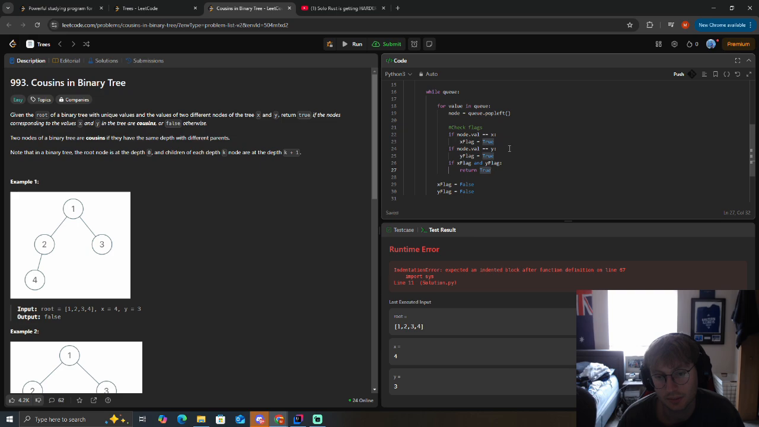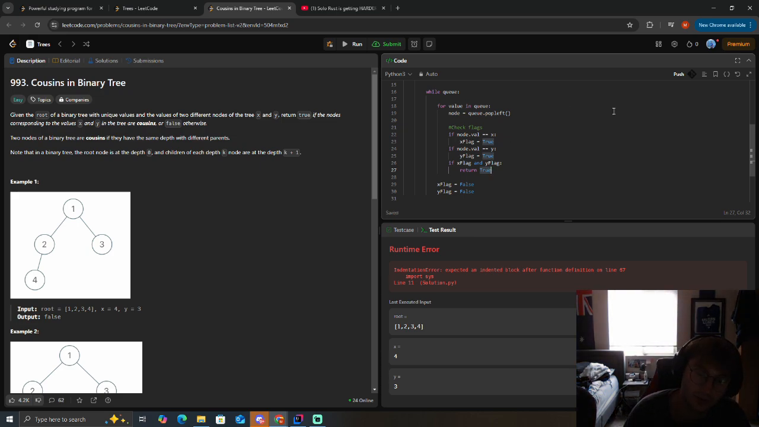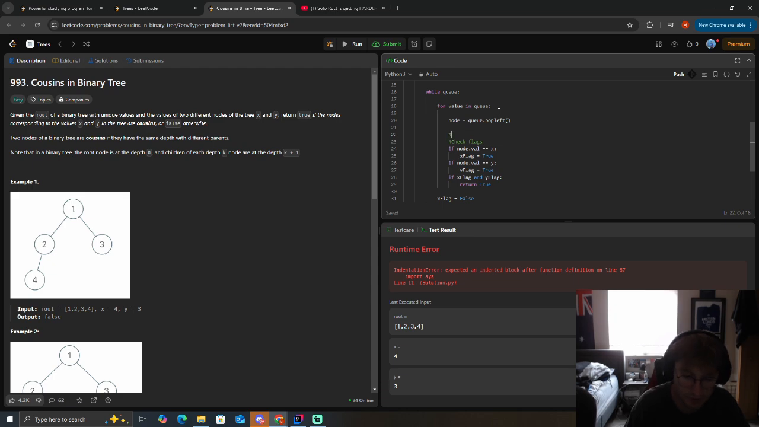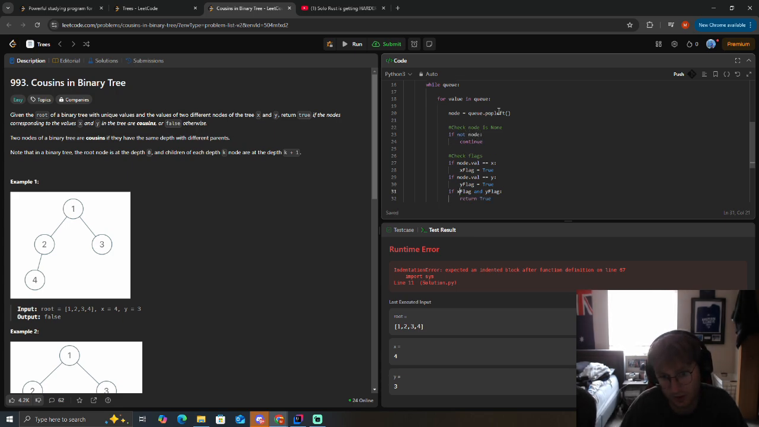We want to check our flags, but we also need to append the next value, right? We have to check, well, check node is none. If not node, continue. Check flags. Then after the flags, we want to check, well,